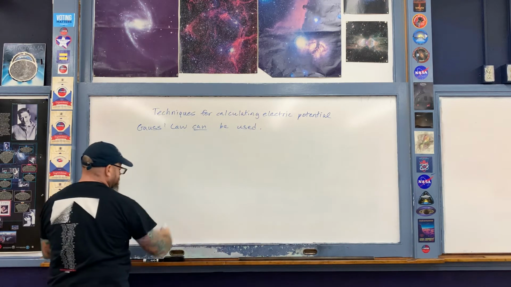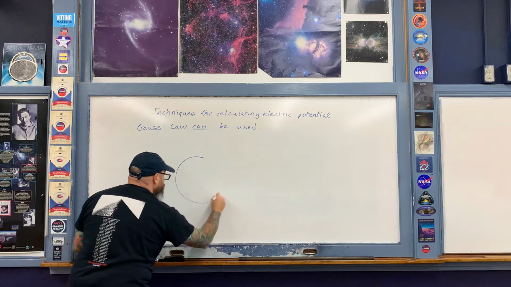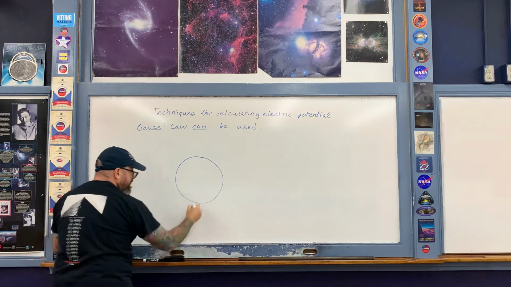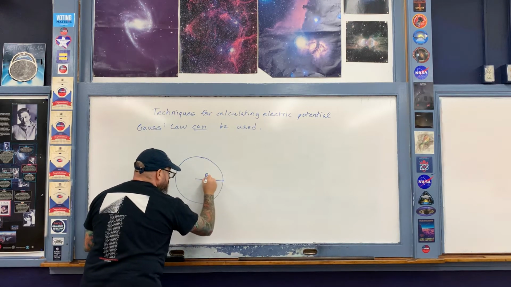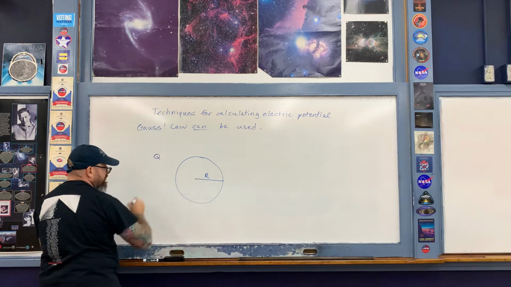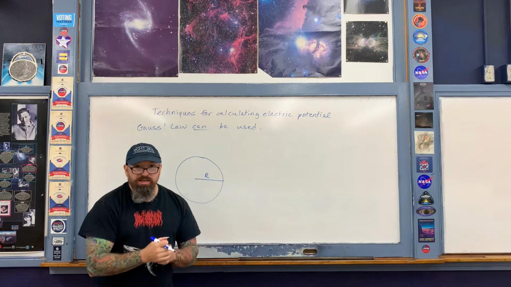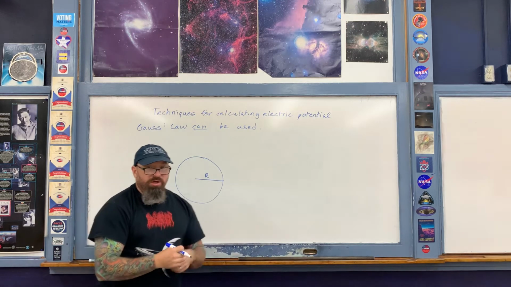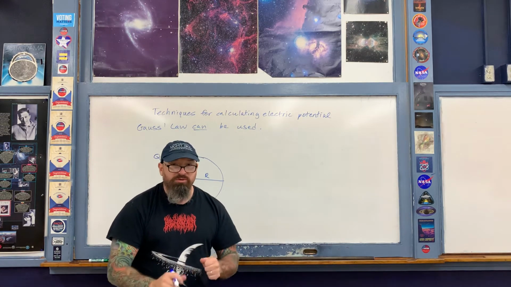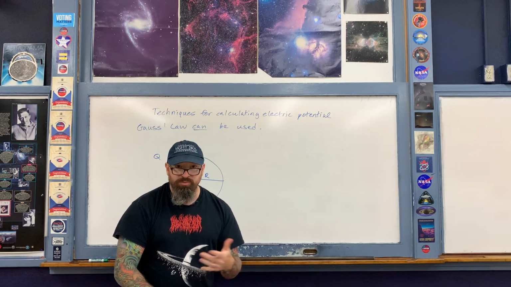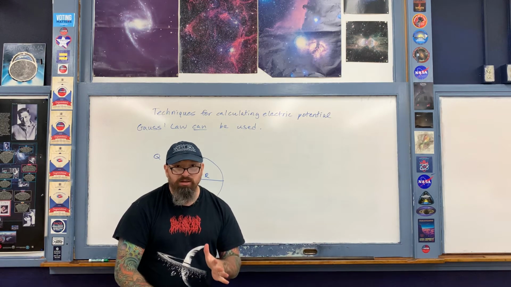Okay, so here is our situation. We've seen this situation before when calculating the electric field. We have here the spherical conductor of radius capital R, and it has a charge Q. So we work from the inside out when doing a Gauss's law calculation. Recall from earlier lectures that once the electrostatic equilibrium situation has been achieved, there is no net electric field inside